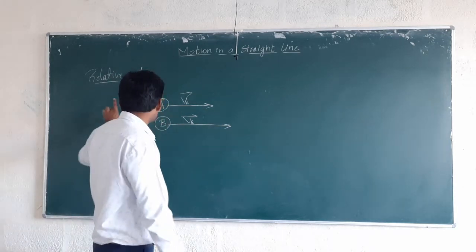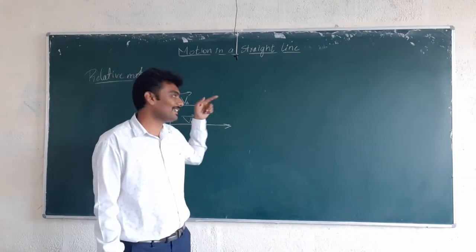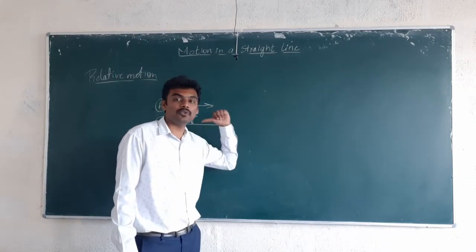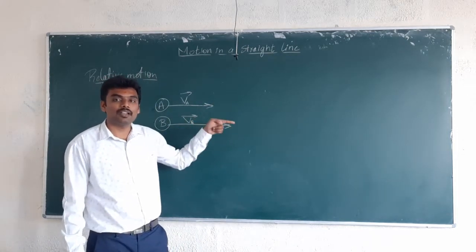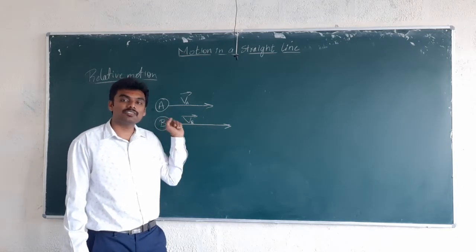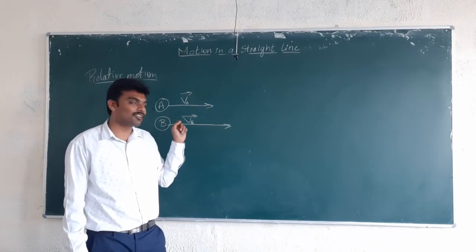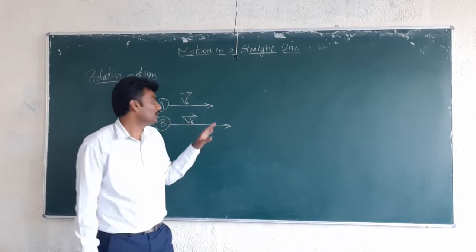Okay, if we choose a line, the motion should be either in this direction or in this direction on the line, or exactly the opposite direction on the line. So the direction might be like this or exactly opposite, but the motion must be restricted to that line. Okay, fine.